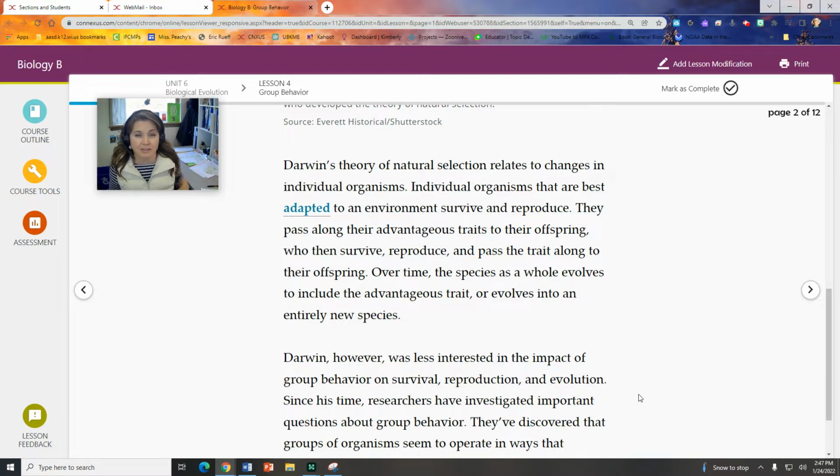So sometimes that certainly could mean speed, agility, strength, that kind of stuff, but it could also mean camouflage or a better strategy for hiding from predators, or maybe a better way to find warmth in colder winter months, like migratory patterns and stuff like that. So those are all still considered adaptations.